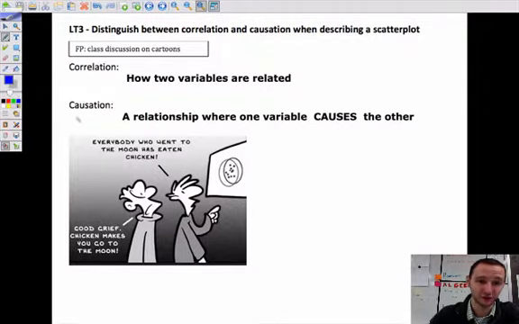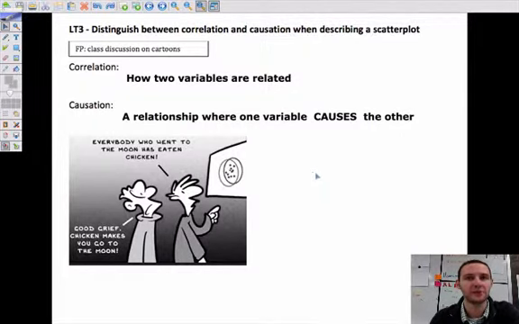has the root word, if you want to talk about root words, tie in some language arts here. Cause right there. I don't know if it's one of the ones you're studying or not, but it has cause in front of it because it implies a relationship where one variable causes the other one. So the one variable being affected is a direct relationship with the other. So an example of this could be